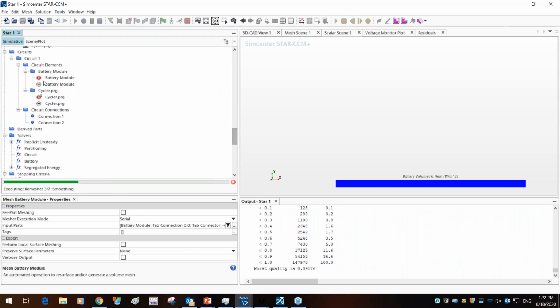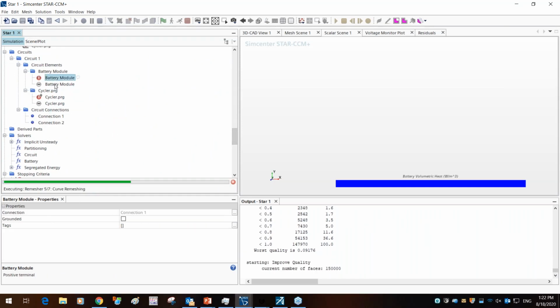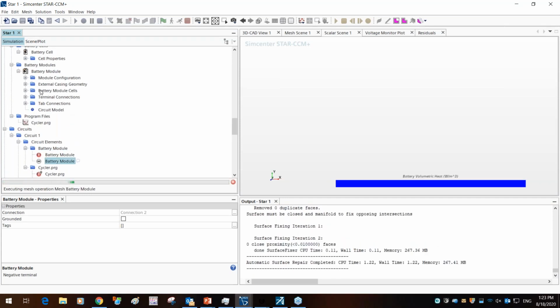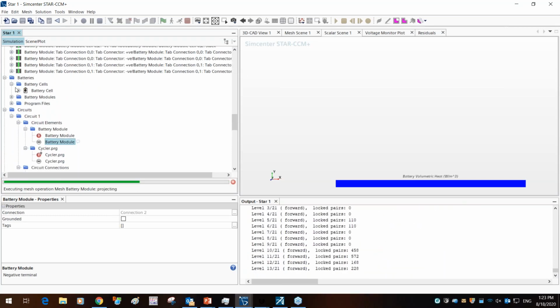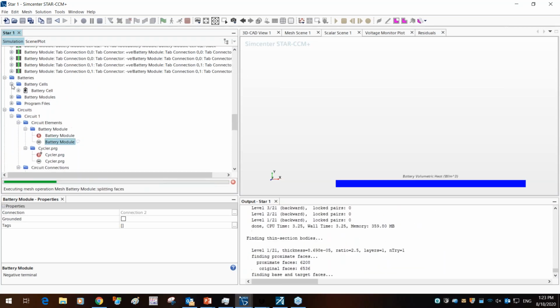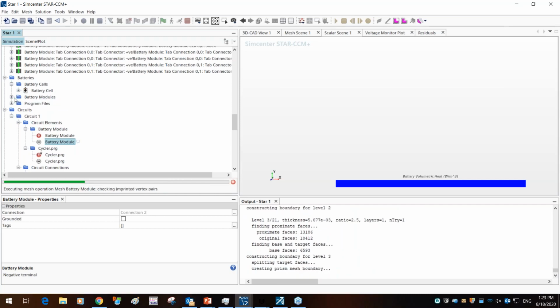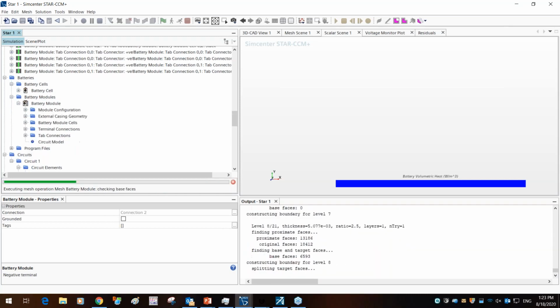And now, the circuit model no longer needs to be changed because the positive and negative side of the battery are as is, and the cycler is connected to those positive and negative since we created an entire battery module out of it. So it's pretty intuitive in terms of creating battery simulation. Within a few clicks, we were able to convert that from a single cell into a 3-part battery module.